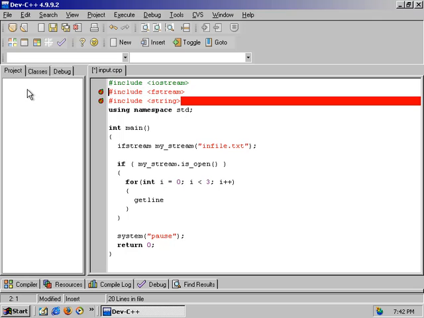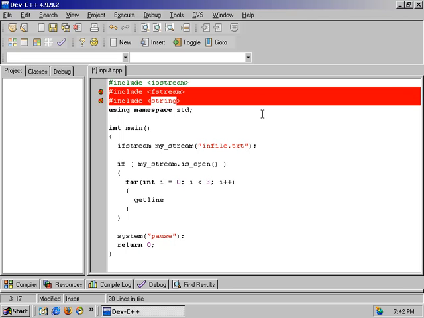So pretty much every single time that you use the string data type or getline, include string anyway, because even though some compilers don't require it, some do. So it's just a good practice. It's not going to hurt anything by having it in there at all. It's just going to make it so that your code will be more compatible with other compilers and other operating